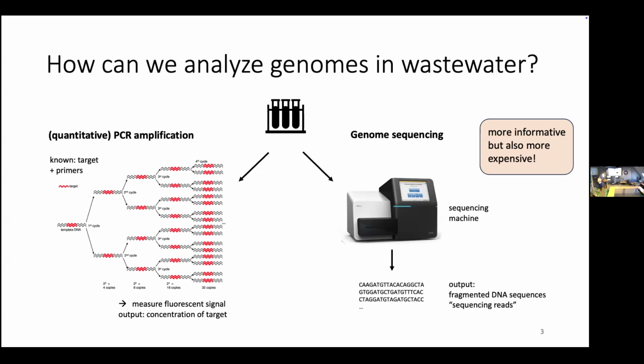Yeah. So we can look at those fragments. And also, what I want to say is, if you had full genomes, we wouldn't be able to sequence those in one read anyway. We would always fragment them into smaller pieces and read those because those machines read smaller pieces. At least there's some nuance there, but for the most standard machines, they read shorter pieces. Now, genome sequencing obviously gives you much more information than doing the PCR amplification, but it's also much more expensive.